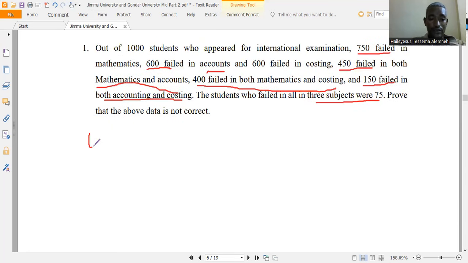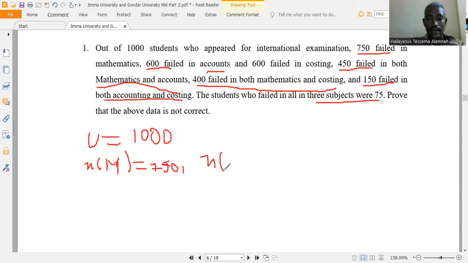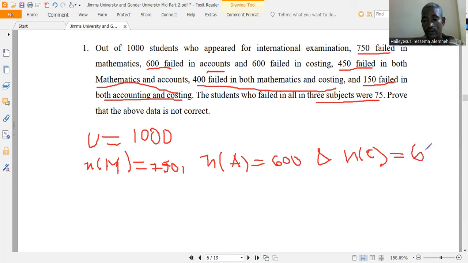አሁን እናደርጋለን። ዩኒቨርሳል ሴታችን 1000 ነው። ዩኒቨርሳል ሴታችን 1000 ተሰጥቷል። and number of mathematics fail ያደረጉ ስንት ናቸው? 750 ናቸው። እሺ 750 ናቸው። number of account ፌል ያደረጉ ስንት ናቸው? 600 ናቸው። and number of costing ፌል ያደረጉ ስንት ናቸው? 600 ናቸው።